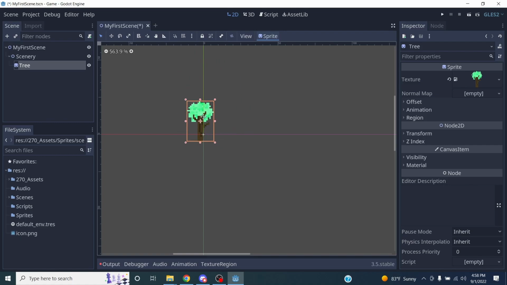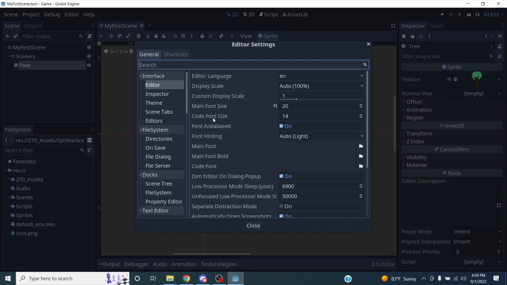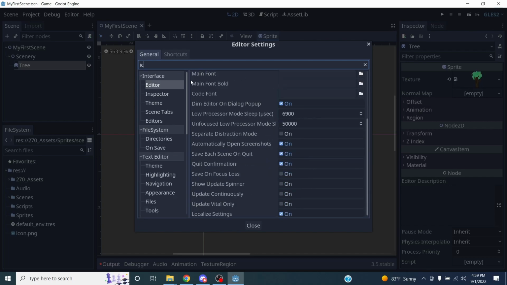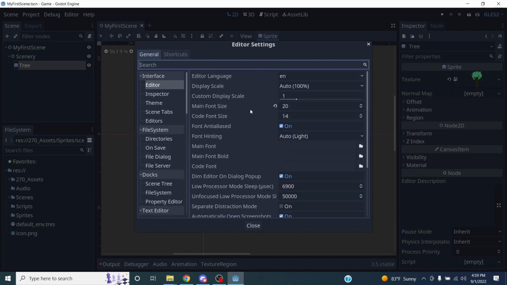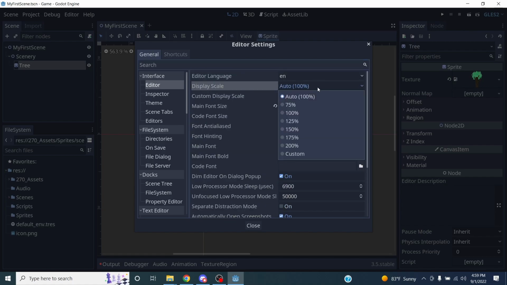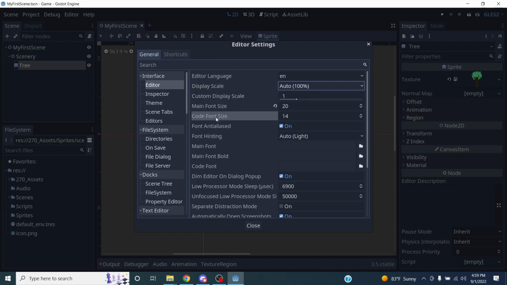You can see when I'm dragging around, I can just put the tree anywhere. But for designing, especially with a 2D game, sometimes we want to use a grid with regular intervals. You can see these two little icons here. I guess I turned the font size up, but the icons are still really small. I wonder if I can change that. Let's see, icon. No, I guess I can't change it. The icons are much smaller than the text now, which is sort of weird looking. Oh, I guess I could just change the whole display scale. I don't know what that's going to do, so I'll play with that later. Anyway,